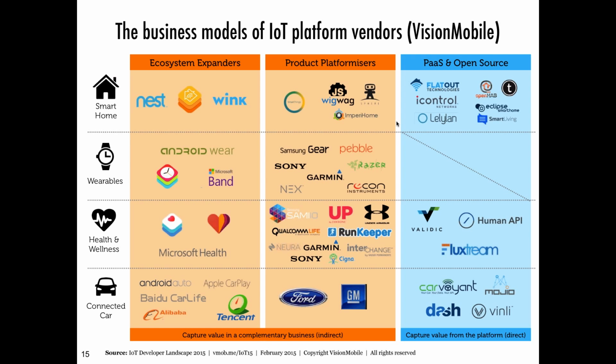This is one of the slides from that report, what I like to call a logo salad, but one that has plenty of insight, because it breaks down the business models of IoT vendors. It breaks down the IoT platform vendors by business model and by vertical. I've omitted the traction that each platform has, which is in our full report. But in short, you see the frenetic activity that's happening on IoT platforms.